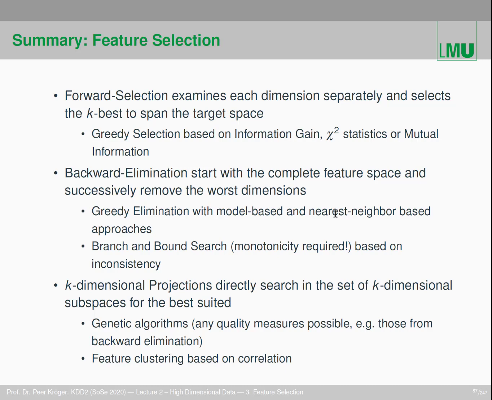Backward elimination is the other way around. We start with the complete feature space and remove one by one the worst dimensions. The greedy approach uses model-based, nearest neighbor-based, or distance-based approaches, which are not monotonic. If you have monotonic measures, you can use branch and bound search. For example, we had this example with inconsistency, which was more or less only applicable for binary or